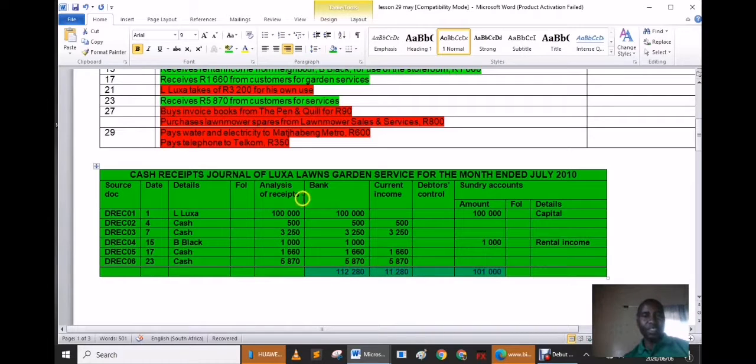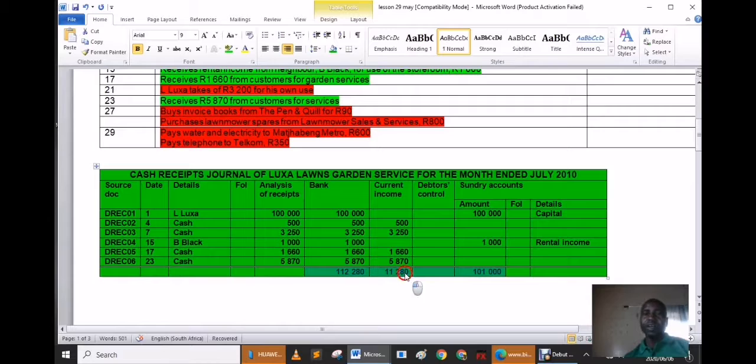All the other columns, we are adding them so that we can determine how much we collected, all in all, going into the bank, and then how much of this was coming from current income, and how much from other sources. Like in this case, our sundry was from capital and the other one from rent. So making it a total of 101,000, and then here